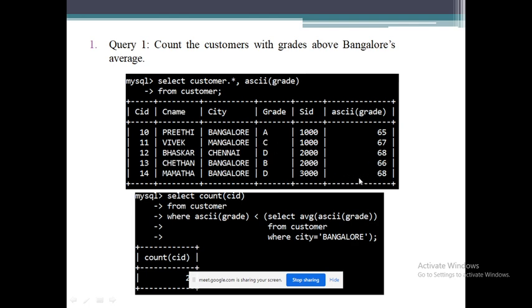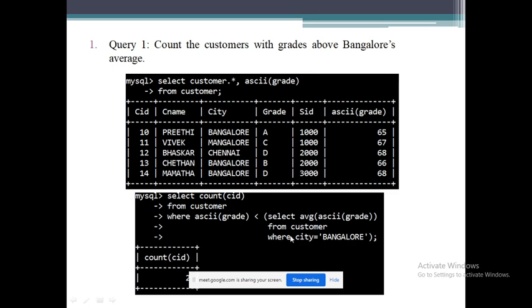Now our query is we need to get the count of the customers with grades above this Bangalore's average. First you need to take the average of Bangalore. There are three tuples which have city equal to Bangalore.